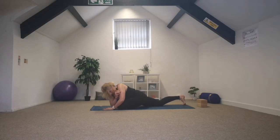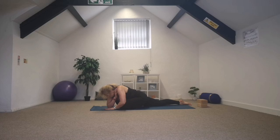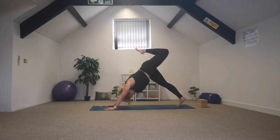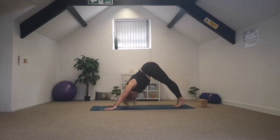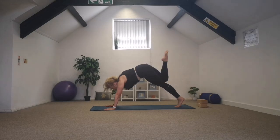If you want to take a twist, this time taking the twist to the other side, and again, right elbow into the mat, sending the left arm back, you might find the toes on the back. When you're ready, releasing here and pushing up. You can stay longer if you want in this pose, opening this hip away, placing here the toes down, bending the legs, settle back into your down dog, lifting the heels up, taking right leg up, opening up, stepping the